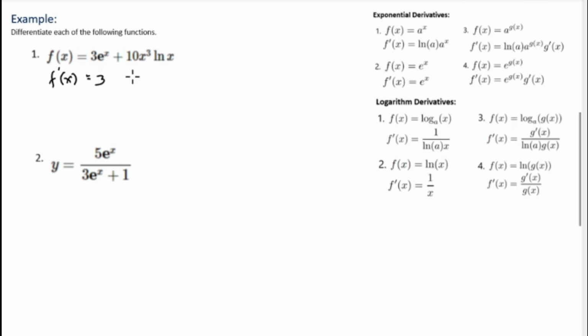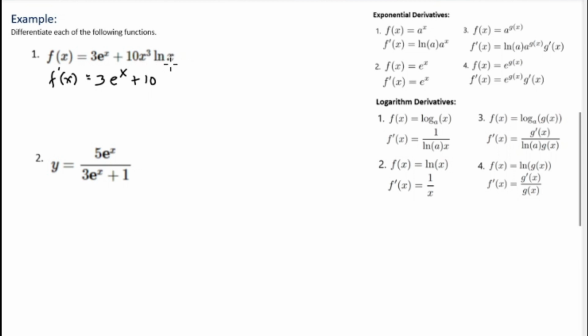What is the derivative of e^x? Based on the exponential derivative, f(x) = e^x, and the derivative is equal to e^x. So 3 times e^x is the derivative, plus copy the constant 10, and